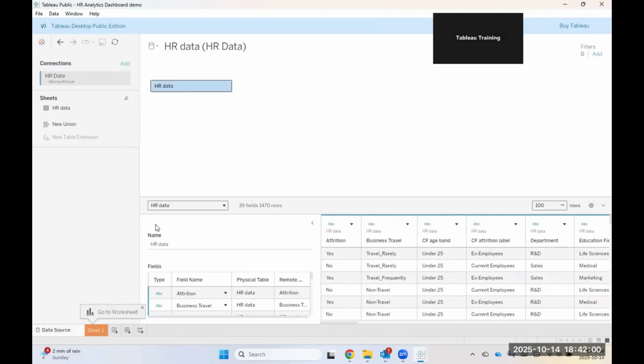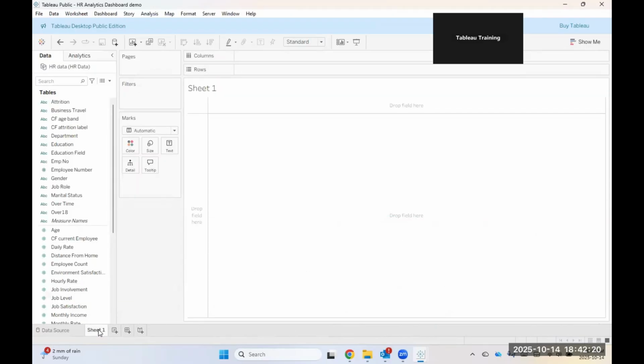So the idea here is to create an overall analytics dashboard for the HR department. And here, all the sheets that we will be designing will be linked to the data itself and the overall outcome of the dashboard as well. So let's first look at our sheet number 1. Whenever you move towards dashboards, you will be most importantly looking at